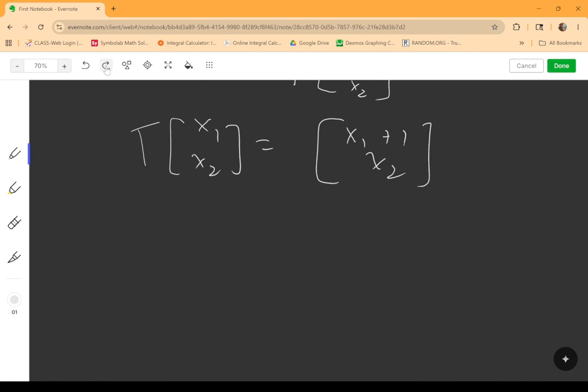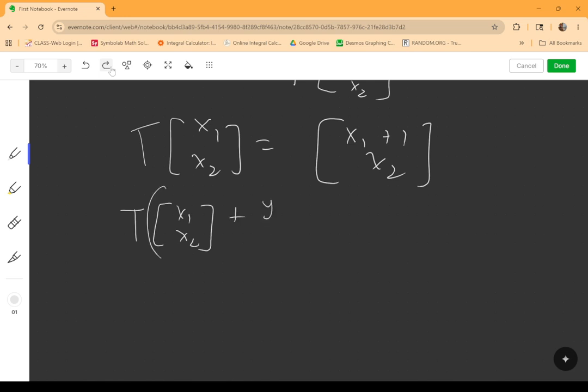All right, now keep in mind, this is not always going to be the case. Just because we define something with a T and give it some kind of rule does not mean that it automatically is a linear transformation. So we do have to check. Unless we're told it is linear, we do have to check that those properties hold. So let's say, for example, we define this function, we'll call it now, T of x1, x2. We define it to go to x1 plus 1 and then x2. Okay, so if we